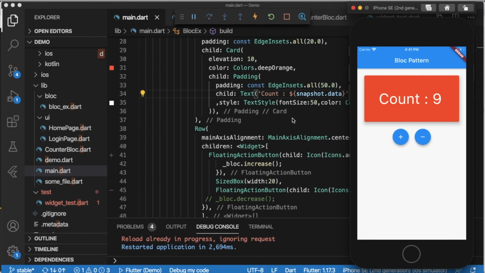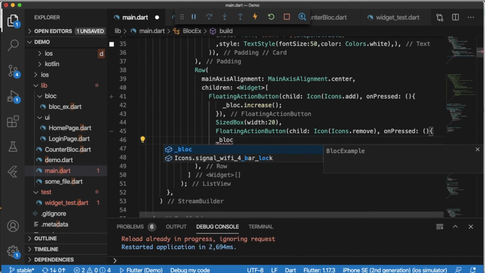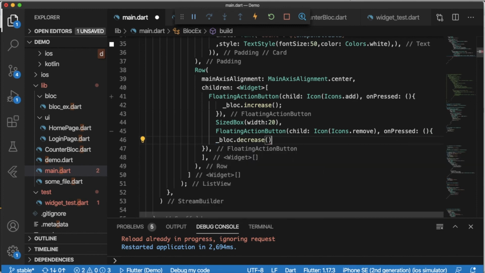So now we will add this. I will decrease this count by clicking on the minus button. This is the on press event for the minus button. So I will call our decrease method, that is decreasing the count. Okay, I have implemented it.